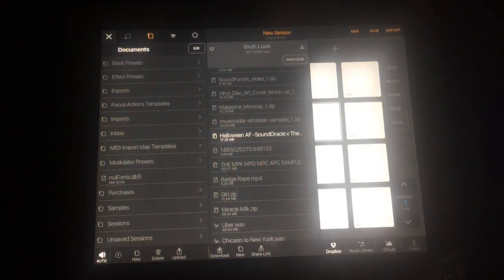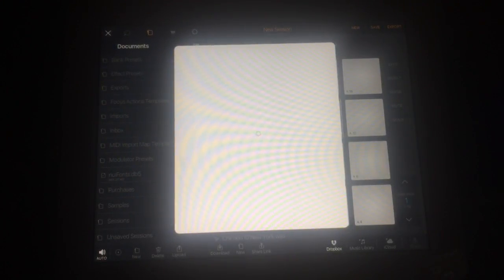You can import and export files. You can download and send things to and from your Apple library as well. You just click on music library and then you can pull in songs from your iTunes and chop them up. Sorry about that. And then also for my real techie dudes, guys that have been following me for a while, you already know